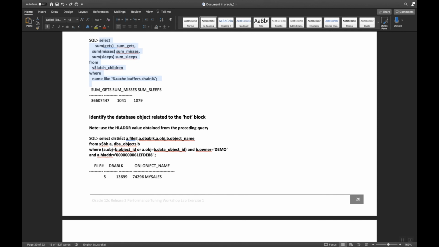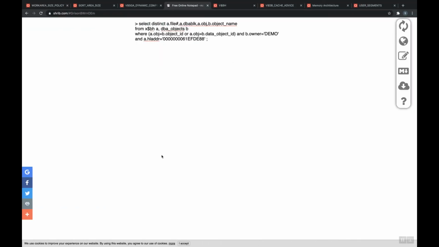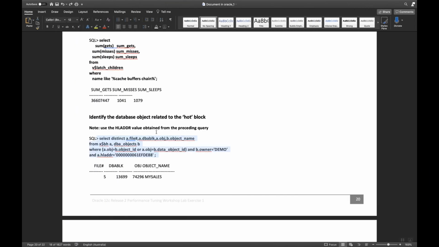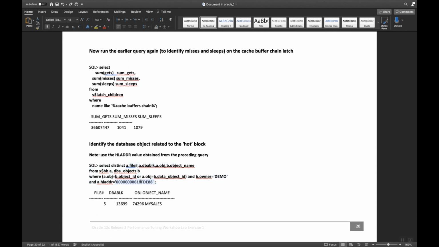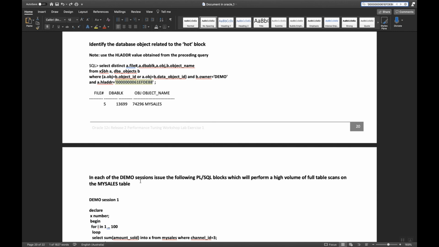Okay, we can also find what the database objects related to the hot block are. So what is the query? Okay, now the question is, from the preceding value I have to use the HLADDR value obtained from the preceding value. Okay, let's see, Control C, Control V. Is it there? No. Okay, so if you do $BH,